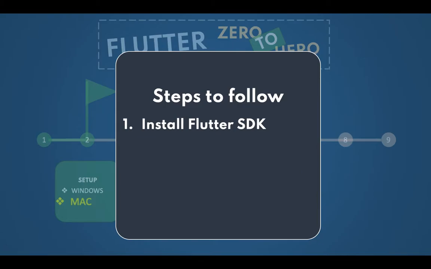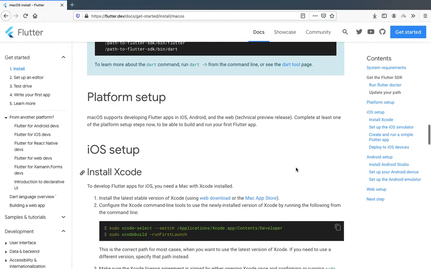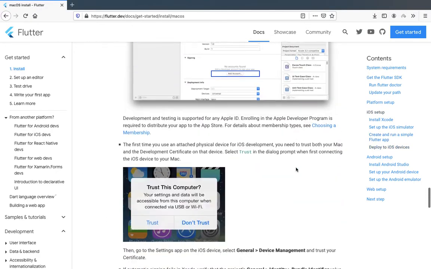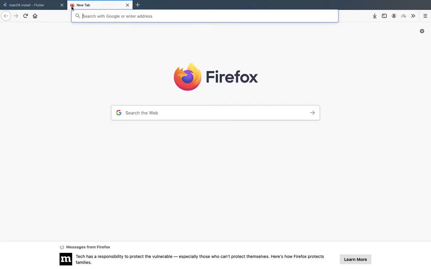Completed step 1, then we will move forward to step 2, where we will set up Android Studio. Okay, so where we can download Android Studio, just go over